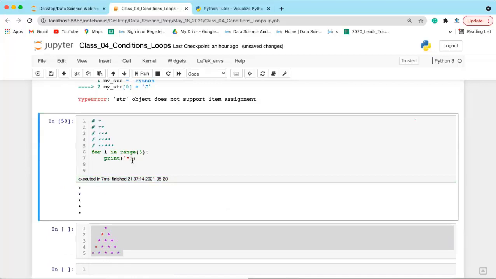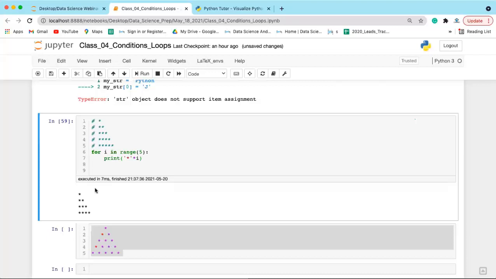So what I need to do is print stars for every row, that many times. When i is 1, it will be printed 1 time. When i is 2, it will be printed 2 times. When i is 3, it will be printed 3 times, and so on. So here I will be multiplying or repeating it by i times. Here we are getting it fine, but there is one problem.